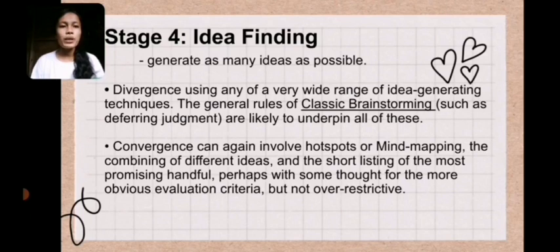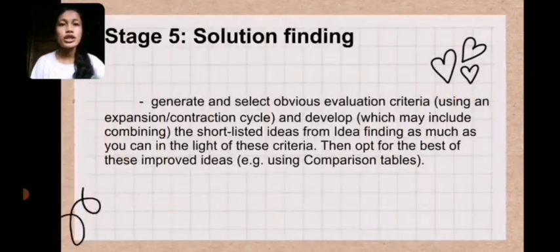That will also involve mind mapping, combining of different ideas that you have gathered, and you will short list them so you can choose in order to come up with a better solution to the problem. So after you make a short list of the ideas that you gathered, stage 5 will be